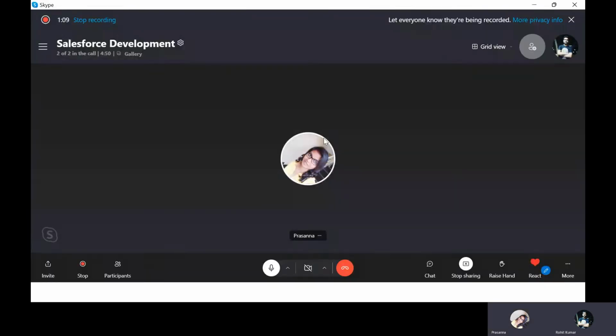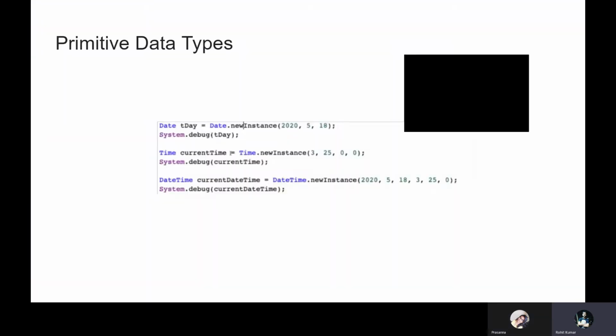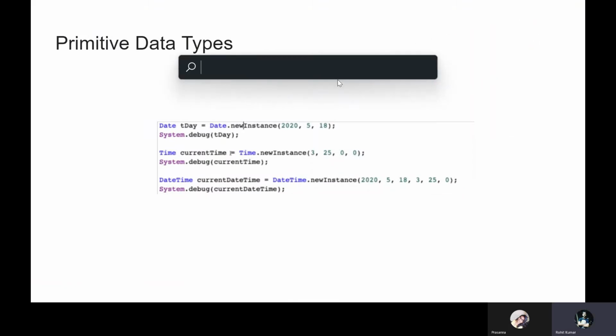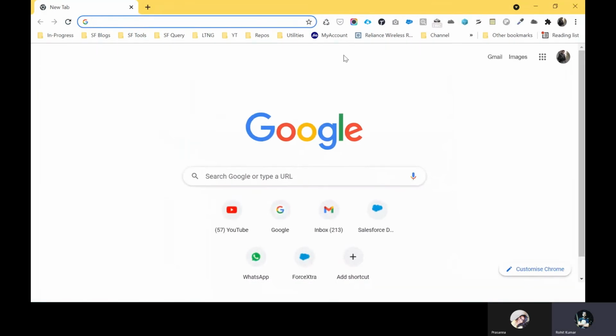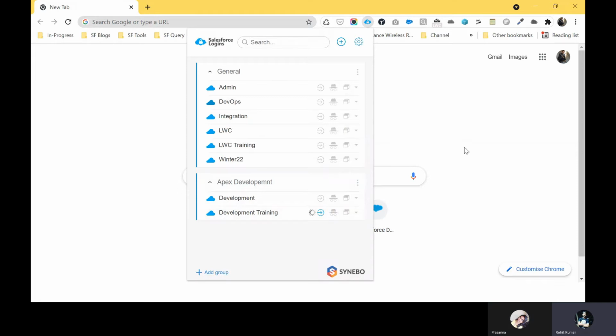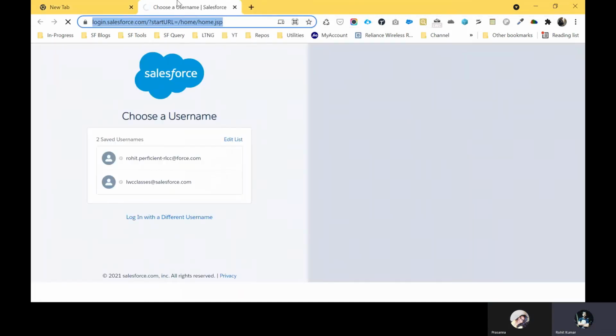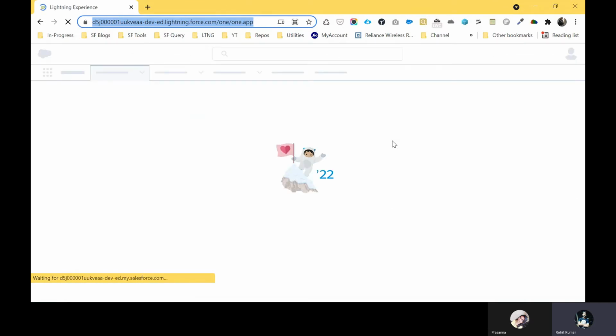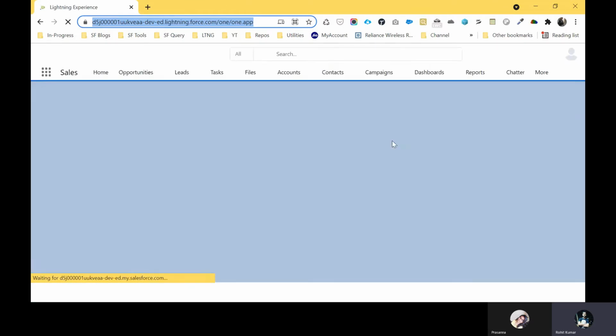Okay. So let me log in to my org, this one. Now Google, and here you can see my developer org. We already created this one. Let me click this one and log in to this developer environment, that is called our org. After some time you can see we are successfully logged in to our development environment, right? So this is our org.